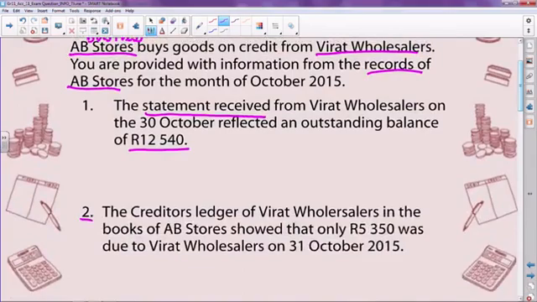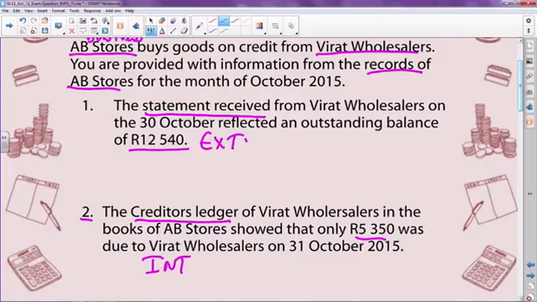Information 2: the creditor's ledger of Virat Wholesalers, which is obviously our records of Virat Wholesalers in the books of AB Stores, shows that only 5,350 Rand was due to Virat Wholesalers on the 31st of October 2015. According to the statement, which is our external document, and the creditor's ledger, which is our internal document,